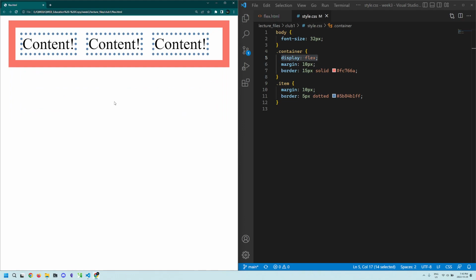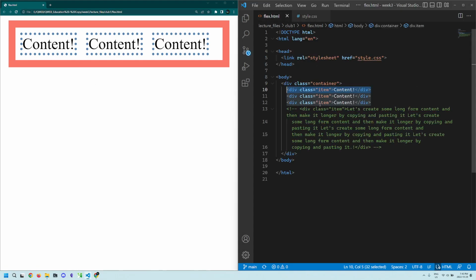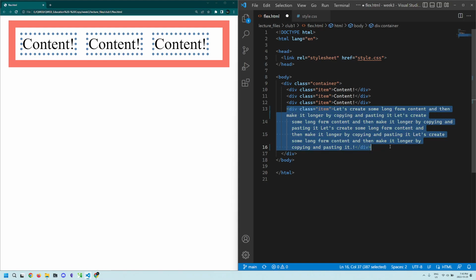But for now, the Flexbox is just putting the items beside each other based off of their space, and that's how it does it by default. This doesn't really seem that important yet, but if we, for example, grab this other div here, which had a bunch of just random text in it, and if we save our page and refresh it here,